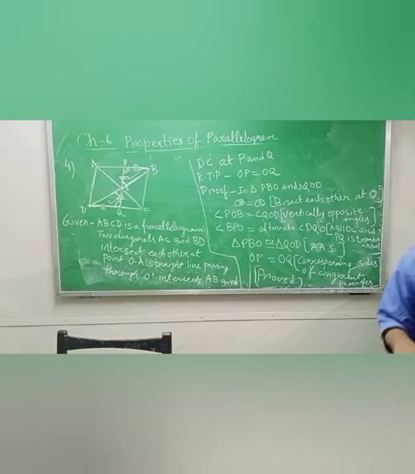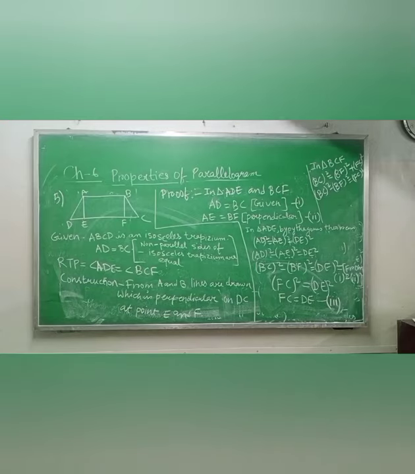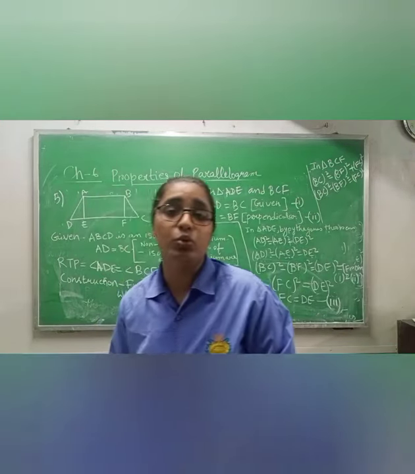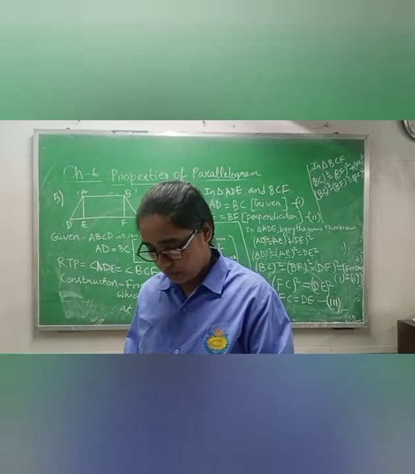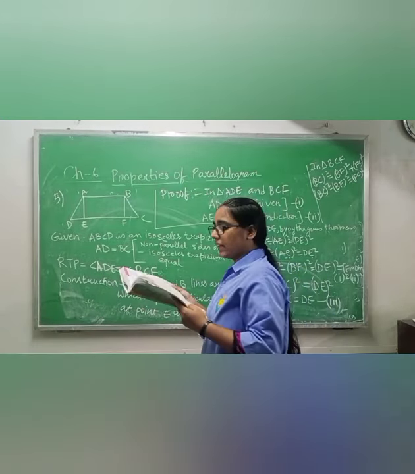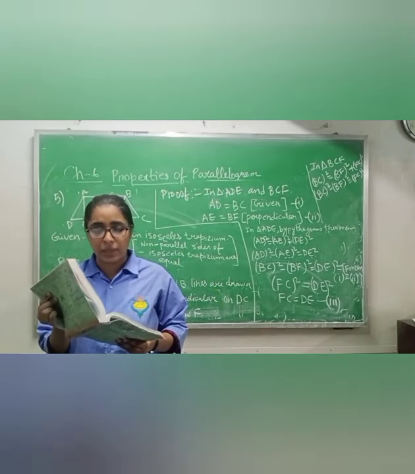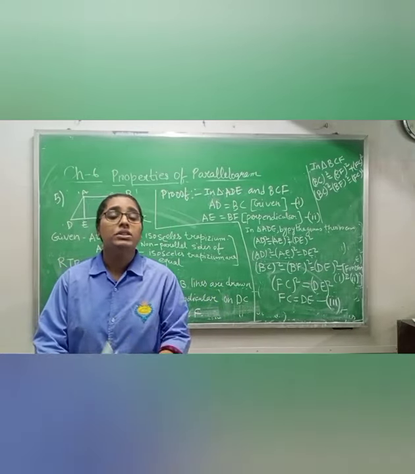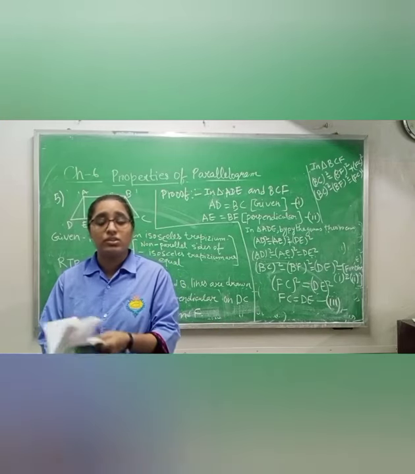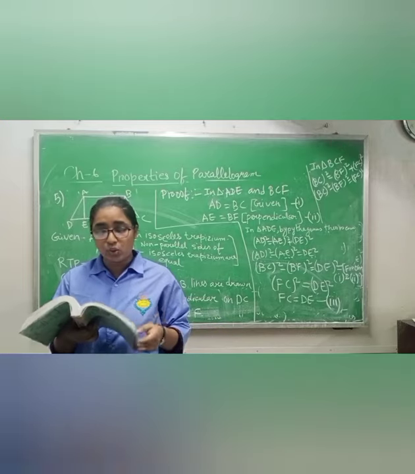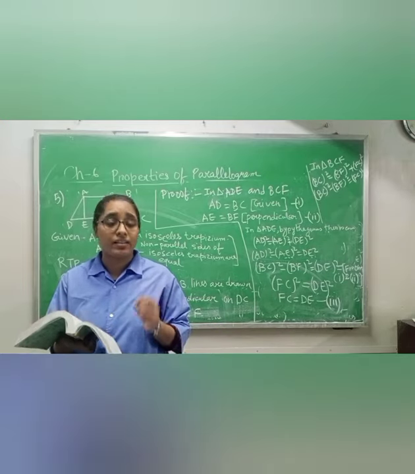Okay, complete this one. Now class 9, question number 5. It is a little bit lengthy and confusing in the proving part, so please concentrate properly. Let us prove that in an isosceles trapezium, the two angles adjacent to any parallel sides are equal. Which type of trapezium is this? Isosceles trapezium.